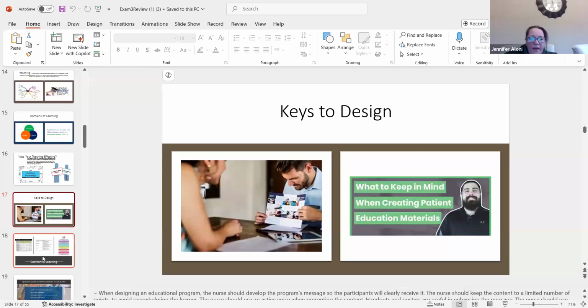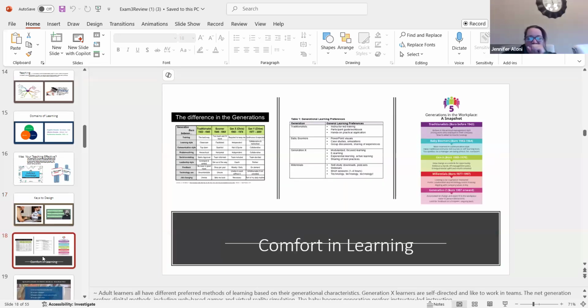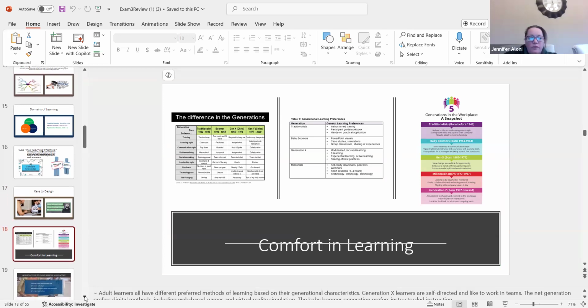And then we take a look at differences in the comfort in learning. Remember who you're teaching to. We have several different generations, like our Gen X's who like that technology and stuff, and our boomers, which is our big elderly population right now. So they're more into the written material and things like that. Okay. So think about how all those different groups learn.